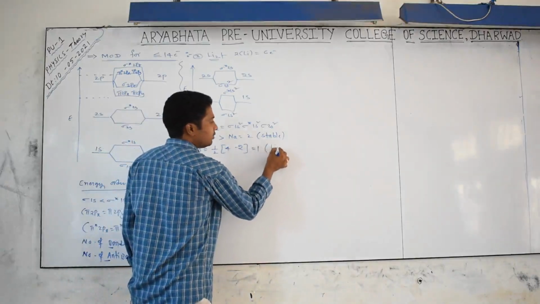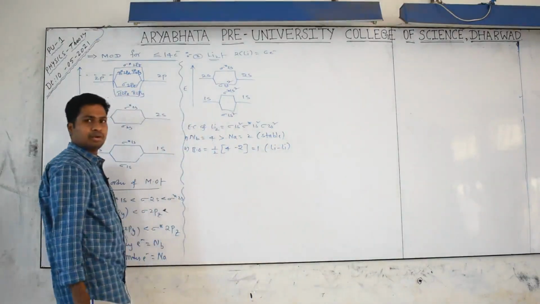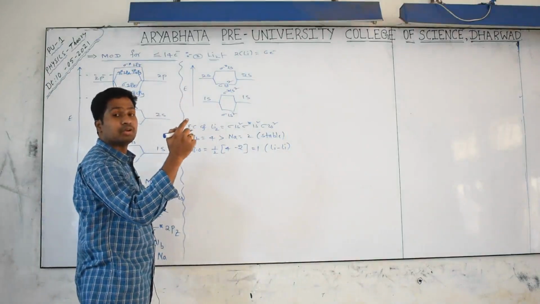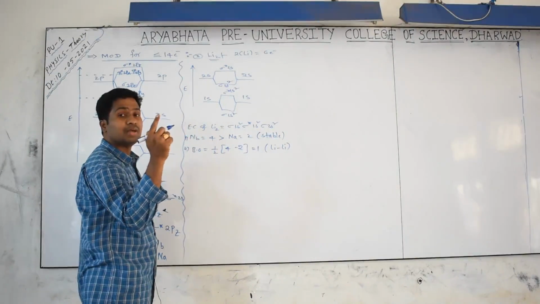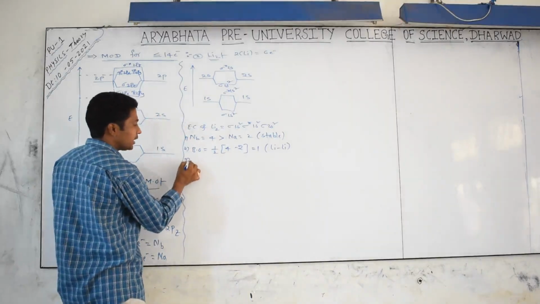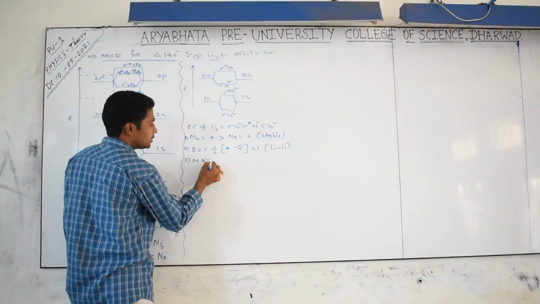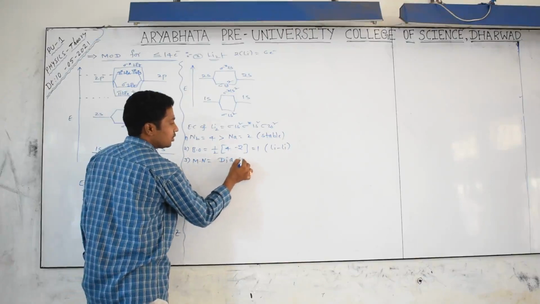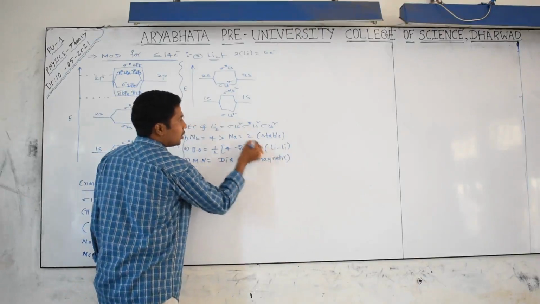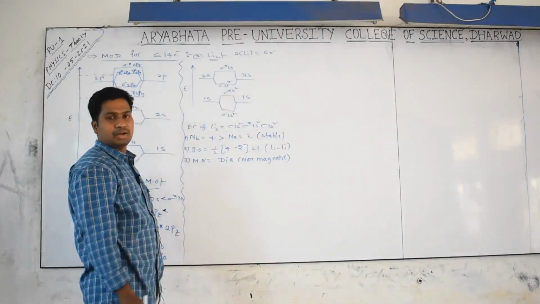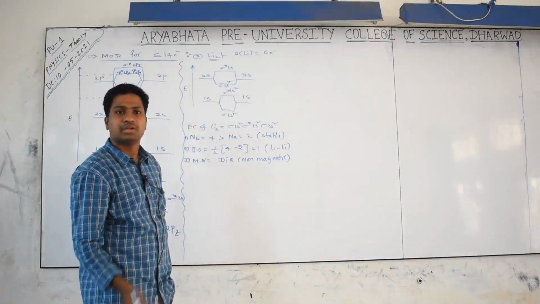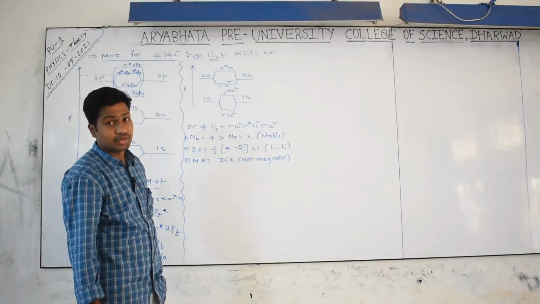That means between lithium and lithium we have a single bond, because hydrogen, lithium, sodium, potassium, rubidium and cesium are first group elements. The valency of first group elements is 1, which means the bond formation capacity is 1. And what about the magnetic nature? It is a diamagnetic or non-magnetic substance. Why? I think you already get it. All molecular orbitals have paired electrons, or are fully filled. That's why no molecular orbital has an unpaired electron in it, so we call it a diamagnetic substance. Did you get it? Yes.